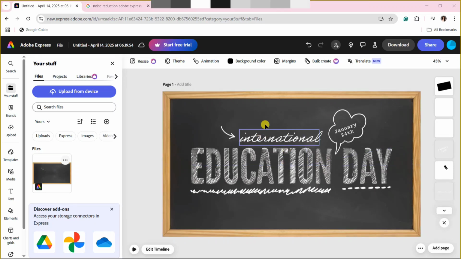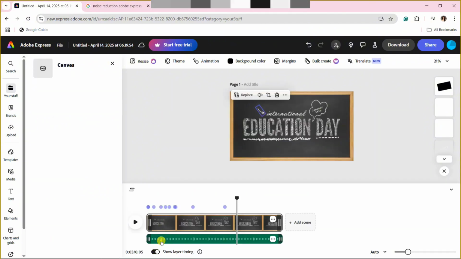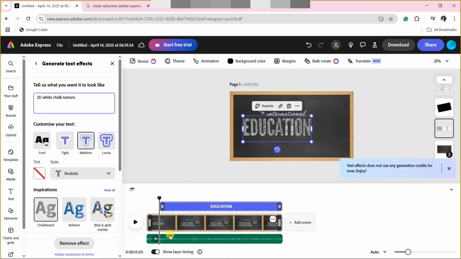Now, click on the video that you are going to use. Now, under that, you'll be able to find this Edit Timeline button. Click on this, and under your video, you'll be able to find its audio. So, click on the audio, and since what we want to do is to delete the audio, what we'll need